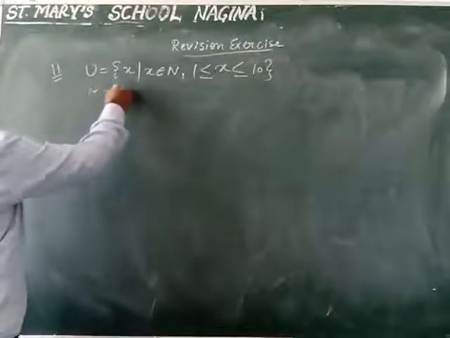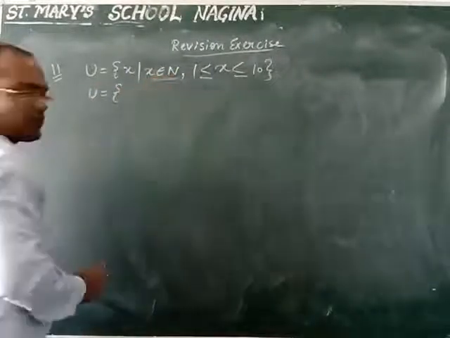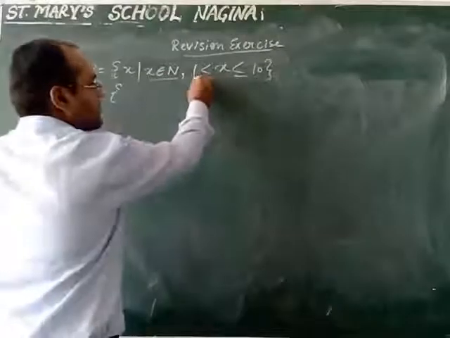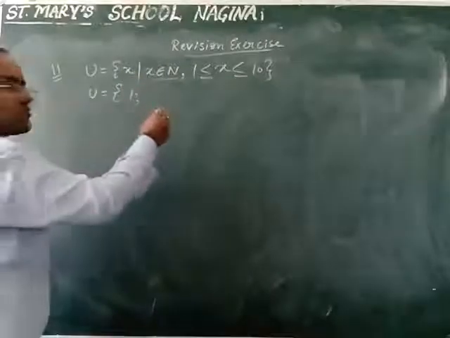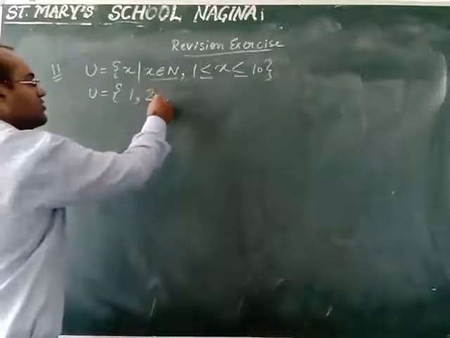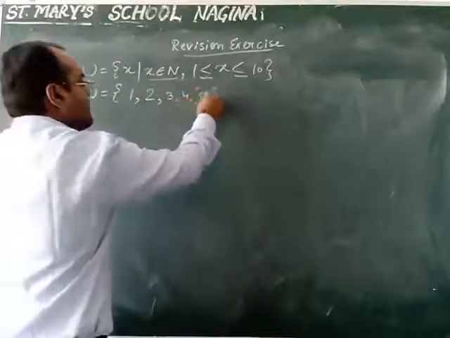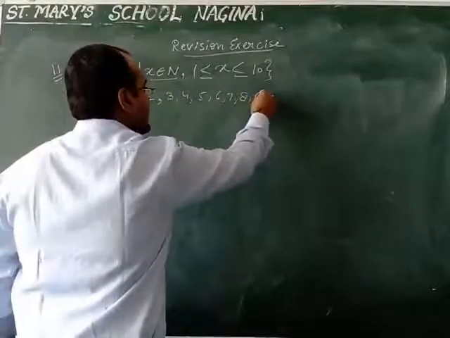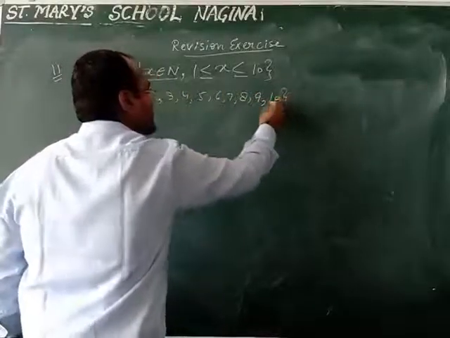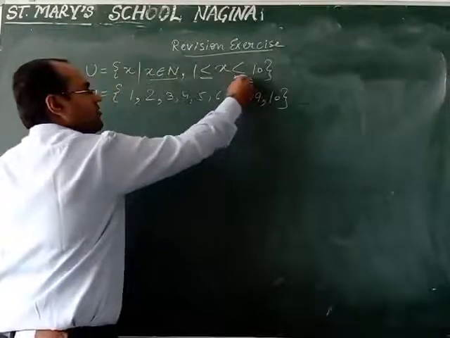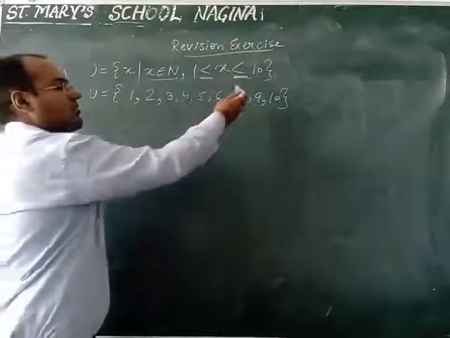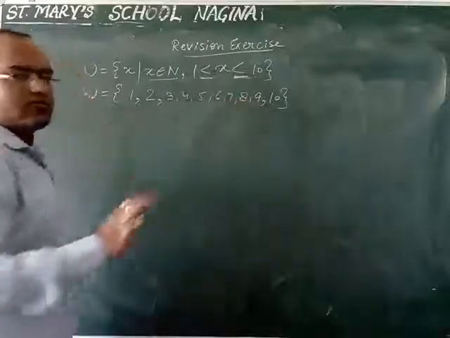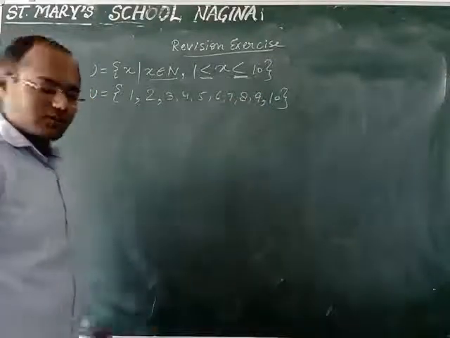First of all, what we will do? We will solve it. Natural numbers we have to write. Greater than 1 but equal is there. Equal means 1 also we have to take and greater number also we have to take. Greater than 1 is 2, 3, 4, 5, 6, 7, 8, 9. Up till 10 we will write because here in the 10 equal sign is coming. Equal means we have to take 10 also and all the numbers which are less than 10 also, those we have to write. So this is the universal set.